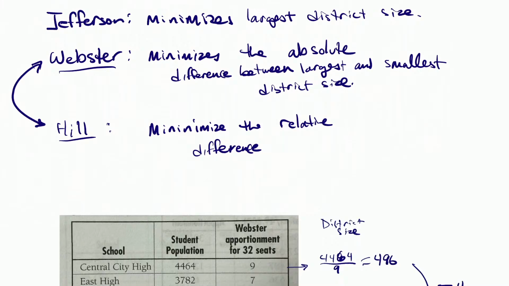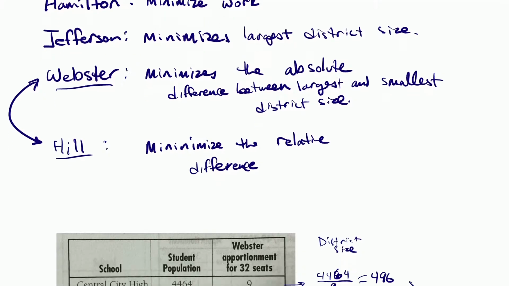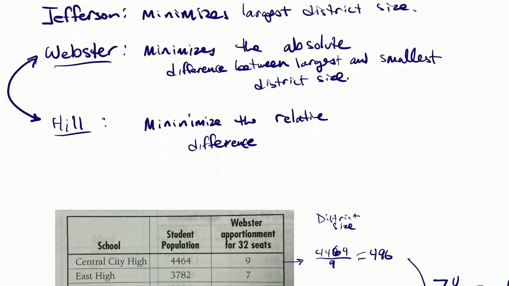And this quota method is intriguing to me because it avoids that, supposedly, and it avoids the Alabama paradox, which is all the problems with Hamilton's method, which is why even though Hamilton is easy, it's not used nowadays because of all of its problems, these so-called paradoxes. So anyway,